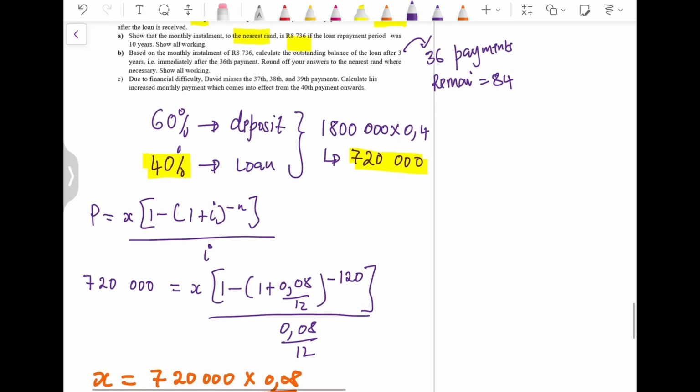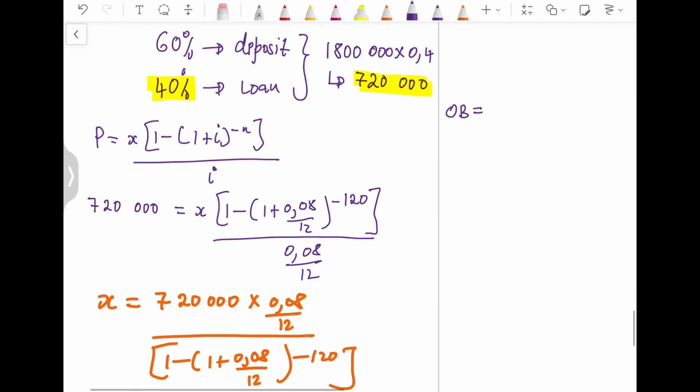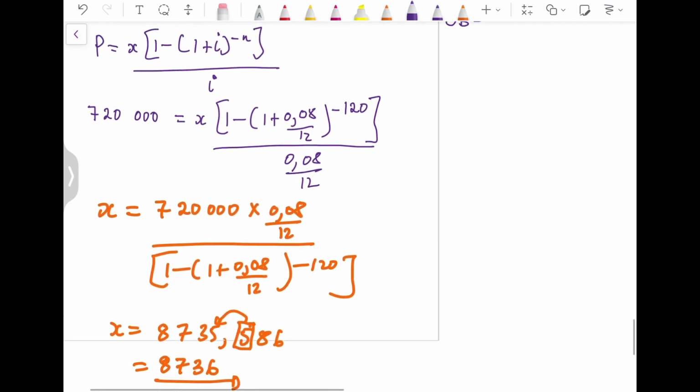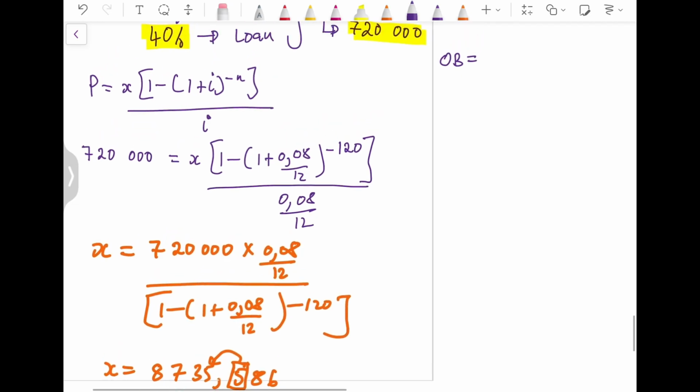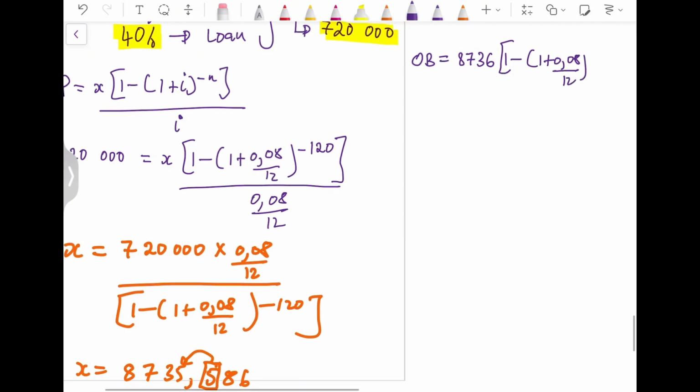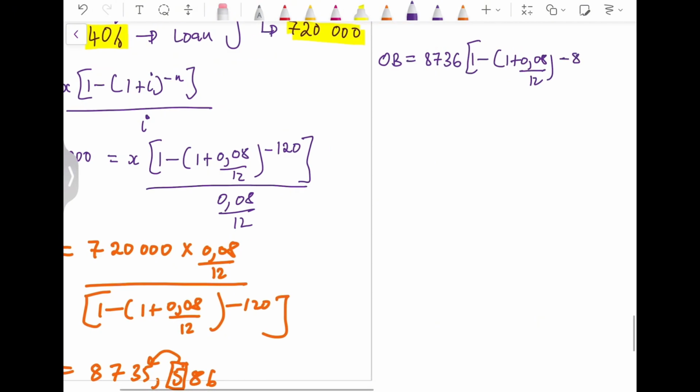Now, the formula for outstanding balance, OB, is equal to, and then let me just substitute straight. So we do have our X as 8,736. 8,736 into 1 minus (1 plus 0.08 over 12). So now, how many payments are remaining? It is 84, all divided by